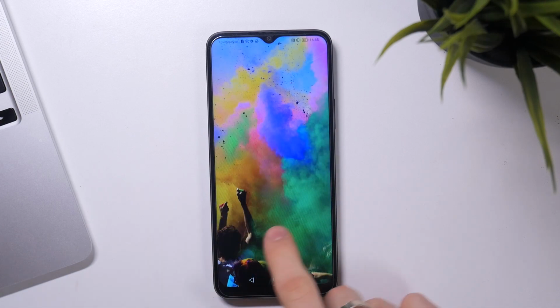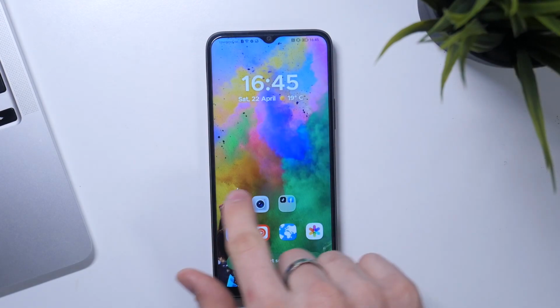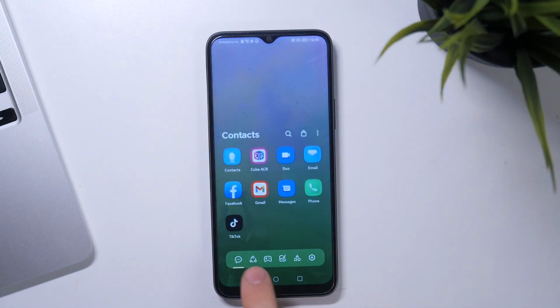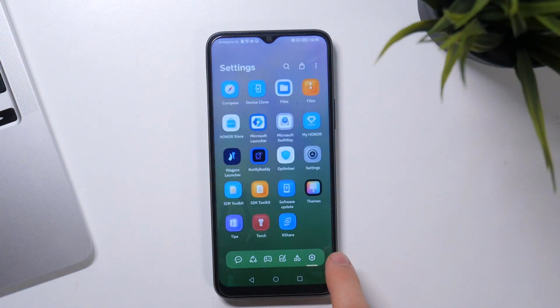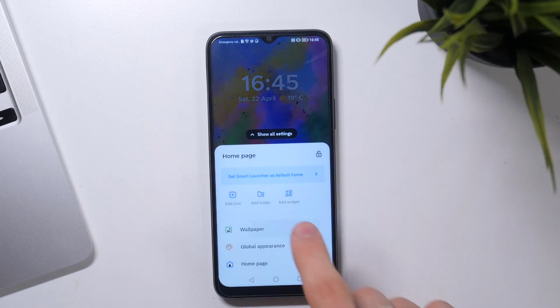And great. So here we have really beautiful interface, not minimalistic, yes, but it's really beautiful. Here we have Smart Search. On the left panel we have News, and here we have really handy apps grouping feature. And of course, here we have the best